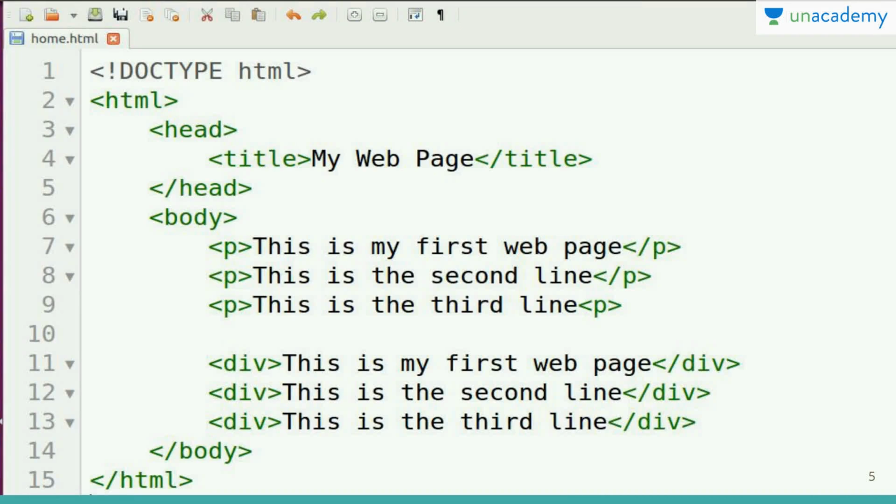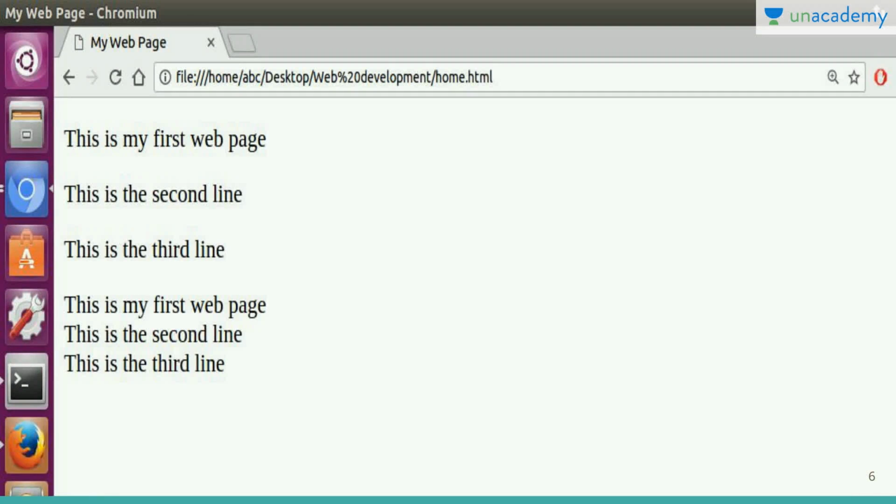Save it and open it in your browser and you must see this output. When we look at this web page, we can see that the first 3 lines are placed differently than the last 3 lines. In the first 3 lines there is a certain distance above and below the content, while it is not so in the last 3 lines. This distance before and after the content is termed margin in HTML. So the first 3 lines are creating margin above and below their content, while these 3 lines are not creating it.